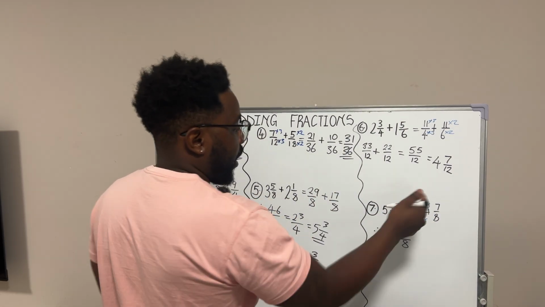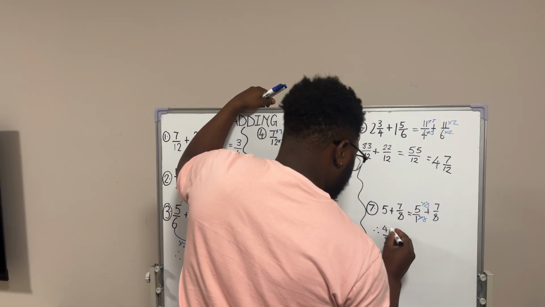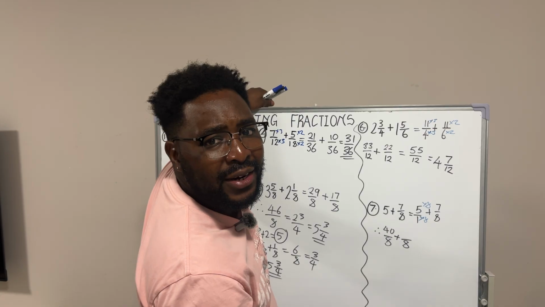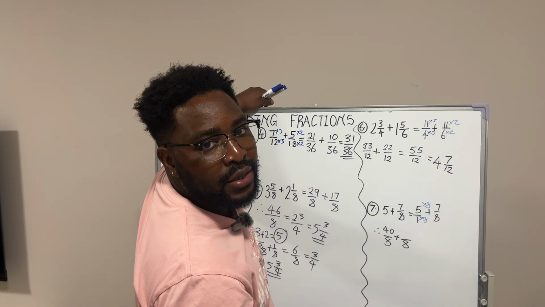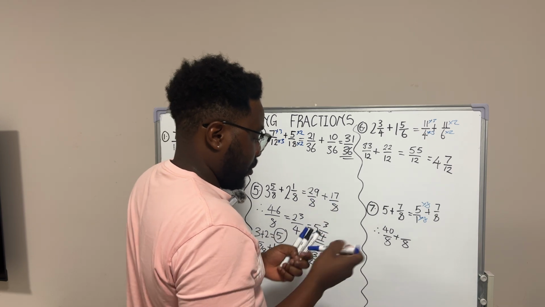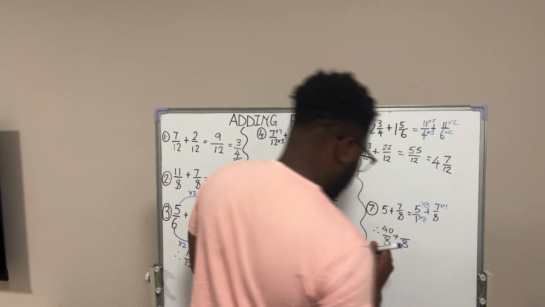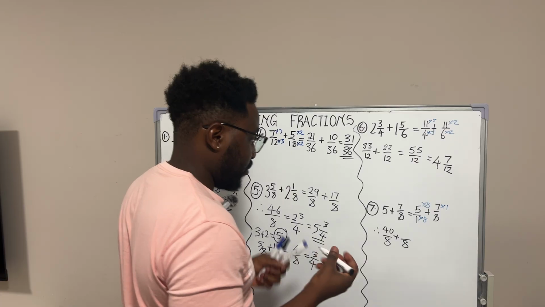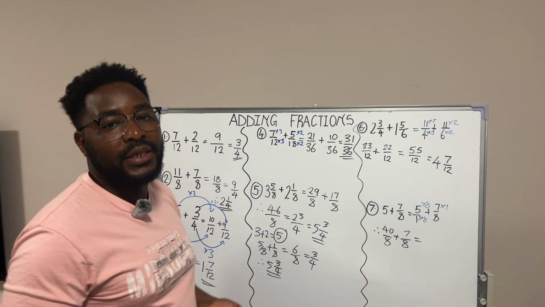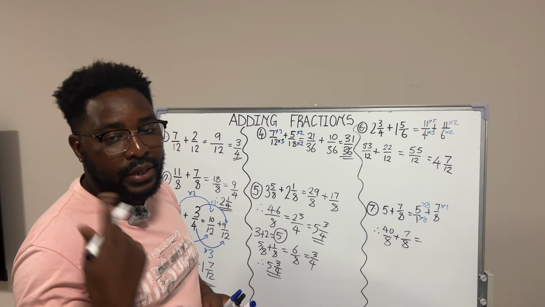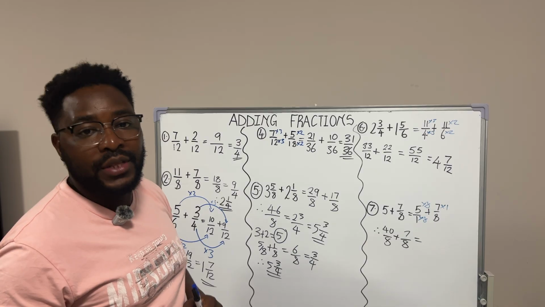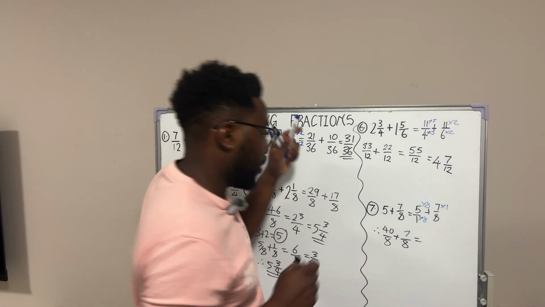5 by 8 is 40. How did we get to 8? Just multiply by 1. 8 multiplied by 1 is 8. We do the same. 7, the numerator, multiplied by 1 just gives us 7. We have the same denominators now, which is 8. So all we have to do is add our numerators. 40 plus 7 is 47